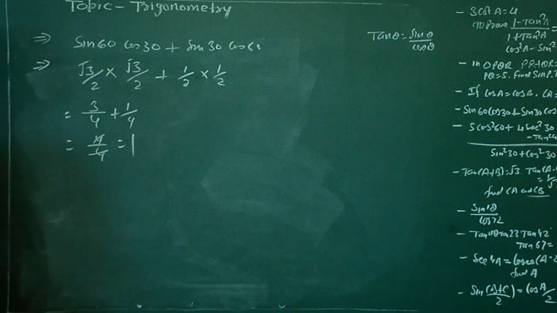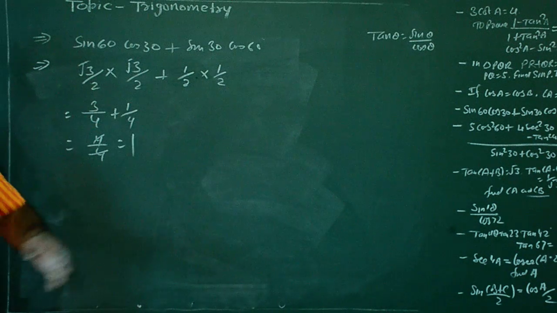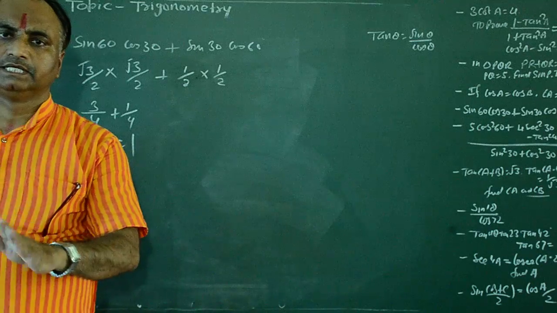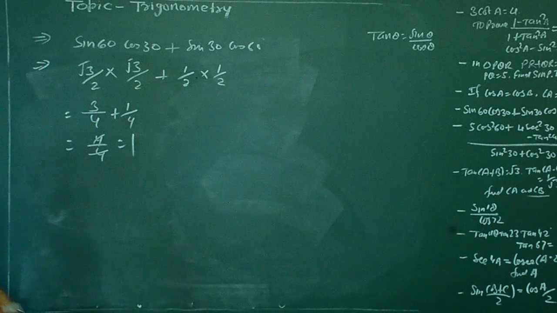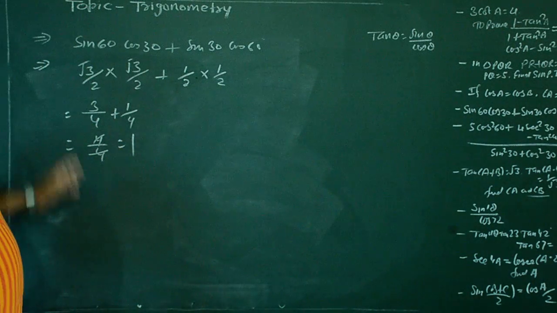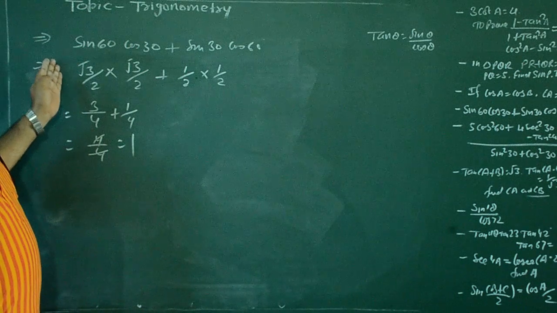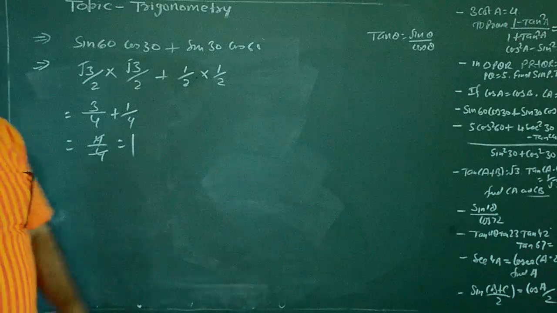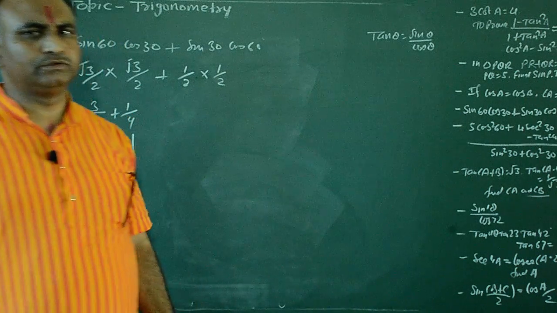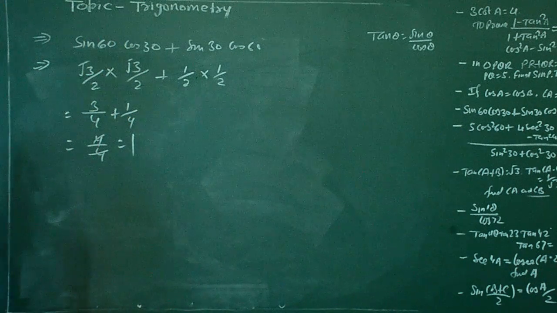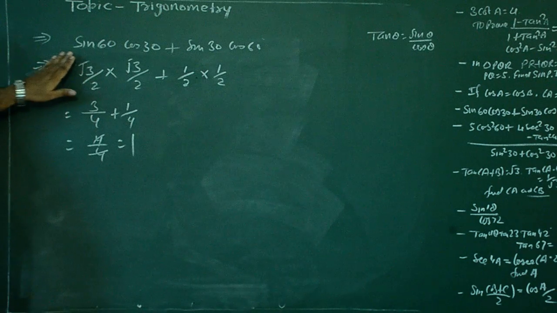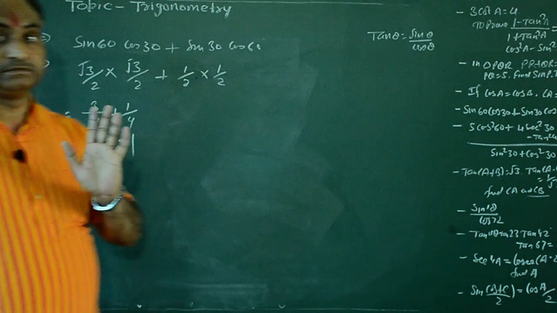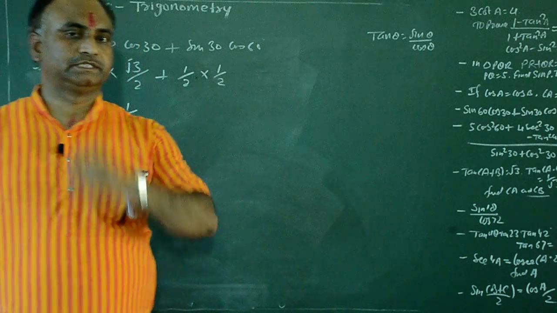I have already told you, if you have the same denominator, then you don't need to take the LCM here, you only have to find the sum or the subtraction, and you can find your value. Come on, dear students, here I am writing the value for sin 60 degree, cos 30 and so on. But one thing I want to tell you, you have to learn this 100%. Without learning this, you can't solve this.